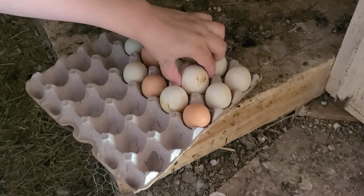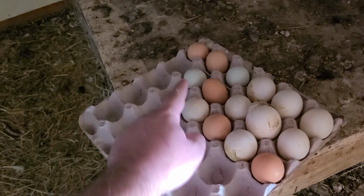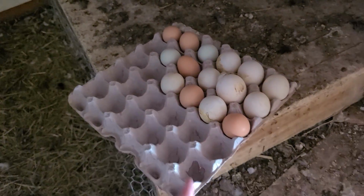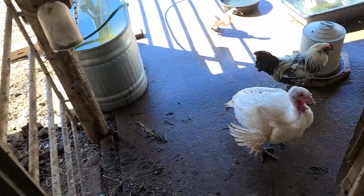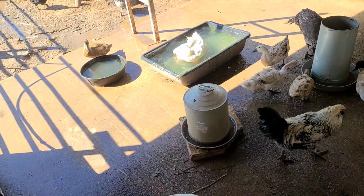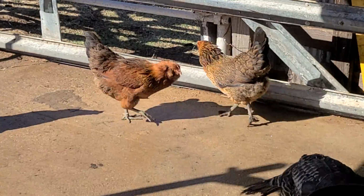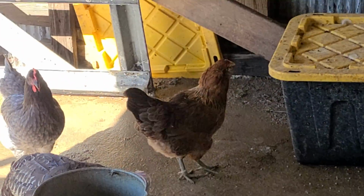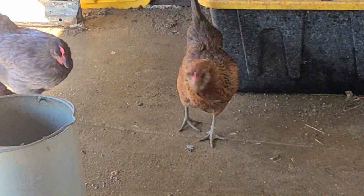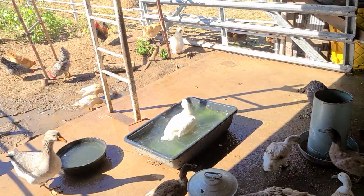It's our Americanas. Here's another turkey egg. It's our Americanas that lay these blue eggs, and we also get a green egg from one of them. I think it's here. No, that's a white one. Gonna see if I can find any of our Americanas. Yeah, this one right here, that brown one with the puffy cheeks. Those are called Americanas, and they lay blue and green eggs. And then we have another one that,